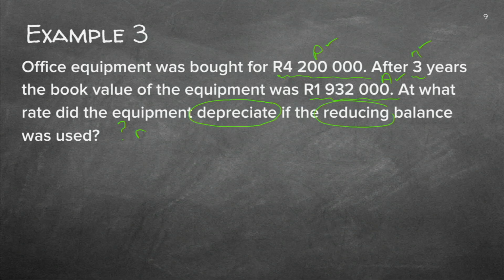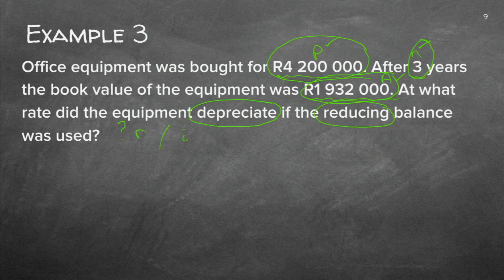Reducing balance. So the minute I write down, now, I'm not going to do it because there's not a lot of space. There's my P. There's my N. I'm just going to write down my I. Oh, I can't write my I. That was my question. R or I is my question. The other thing I could, there, the A. So there are the 3 circles with my 3 different pieces of information.